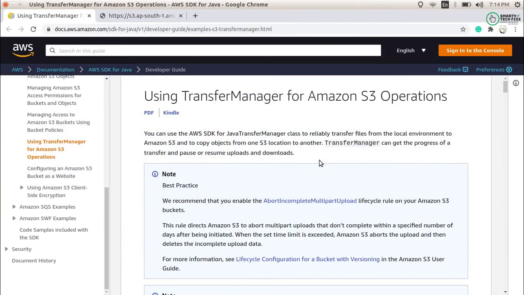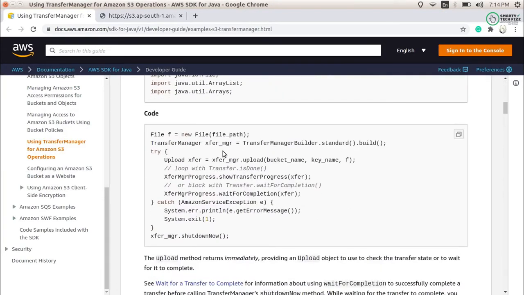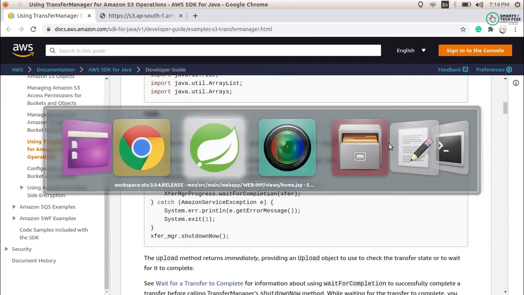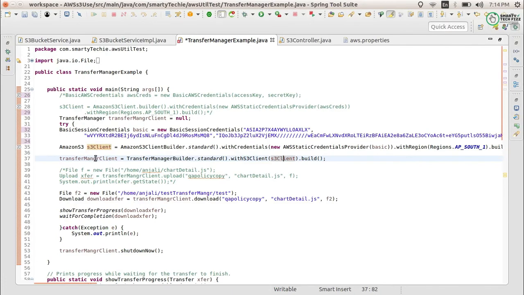If you see the documentation given by AWS, it will provide you the same thing, but what they have done is just build the transfer manager object. But you all have authentication enabled on that, so that's why you need to create it like this only. It will not work like that. So after creating the transfer manager object, that is how you can create the client. This is the main thing that we need to do for creating the client. This is all about today's topic.